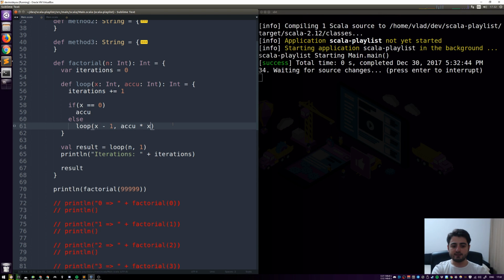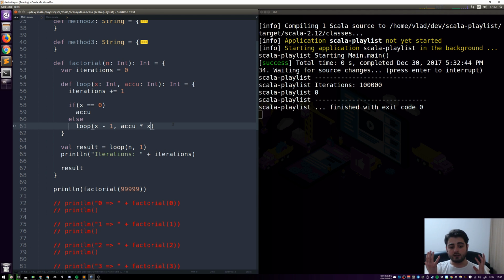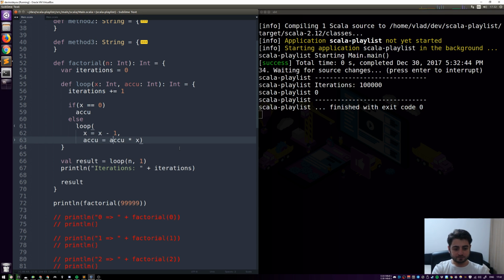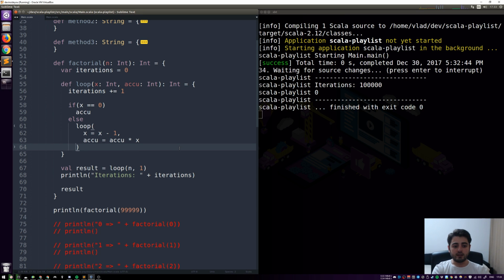Now I understand that this is not like the best way to explain this. In fact, I didn't really explain this, but I don't know, maybe it's going to be a bit more evident if you do this. You know what you should do? You should rewrite this thing with a while loop, and you will see, maybe it will become more clear how this is happening. So what we see on the right is that no Stack Overflow is happening all of a sudden, but